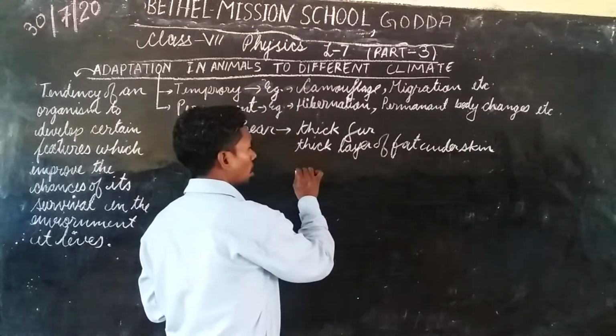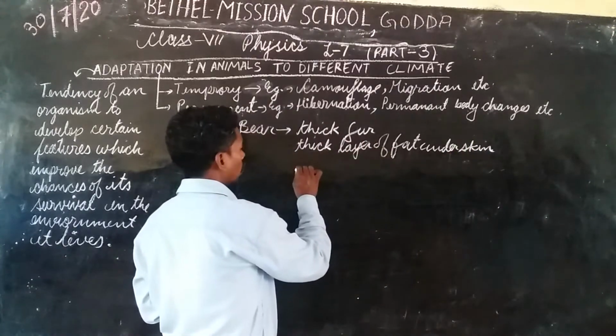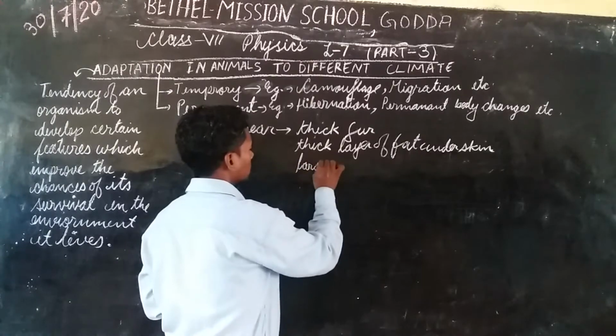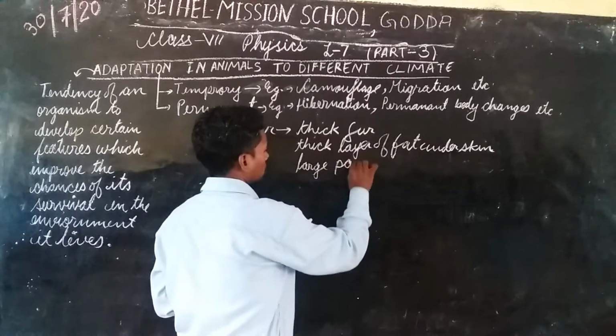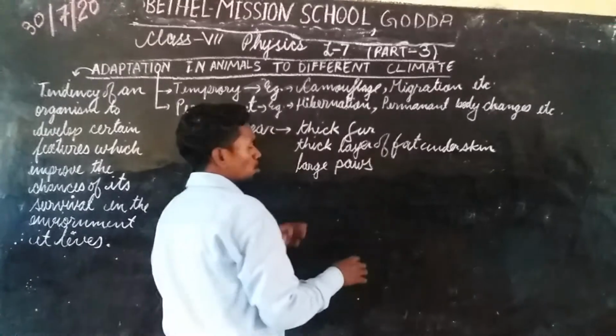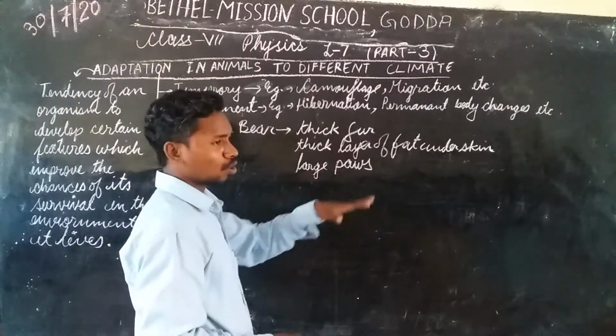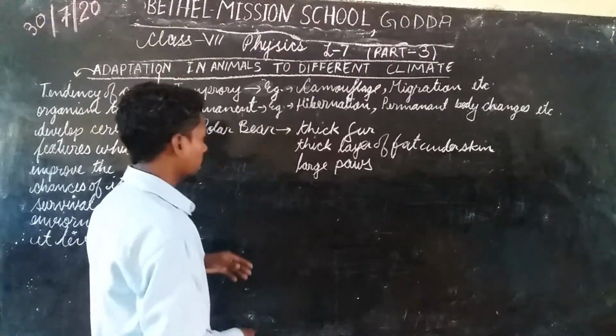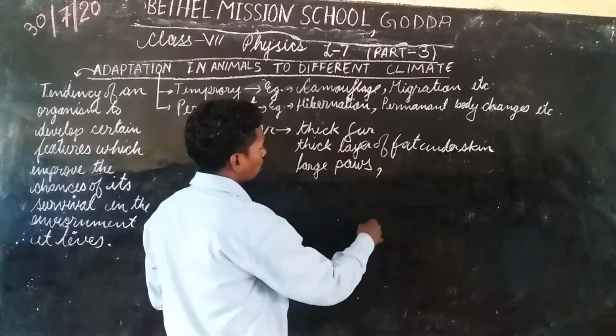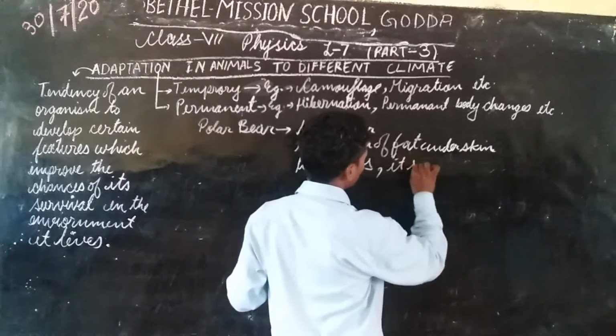It has large paws, so that it will easily walk over the snow. Okay. Number four, it has